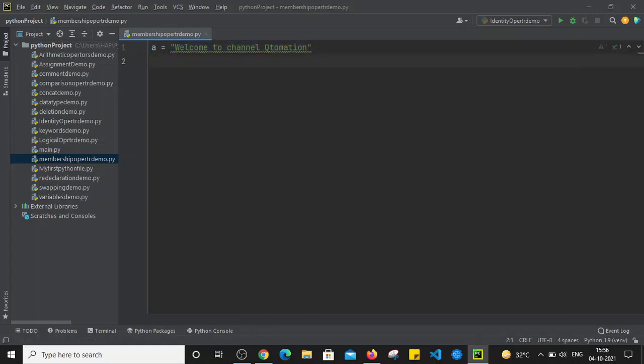Now I want to check whether I'm going to have one more variable, let's say b, which holds the value of welcome.